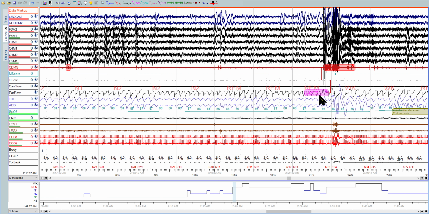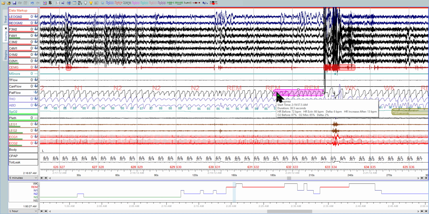Okay, and then for this, I'm going to delete this. And you can see that the same sort of thing is happening. You have a reduction here and here, and then this is normal. It almost touches the top line there. So you're not really having a reduction. I think what you're seeing is this weird recovery breath right here when they wake up, which is kind of normal when you have an arousal,